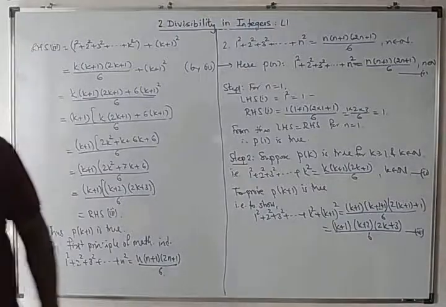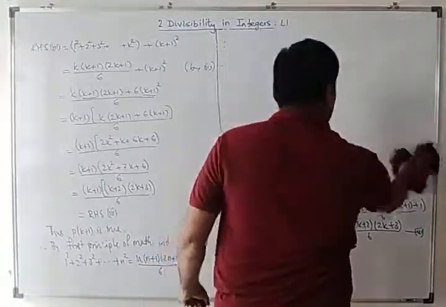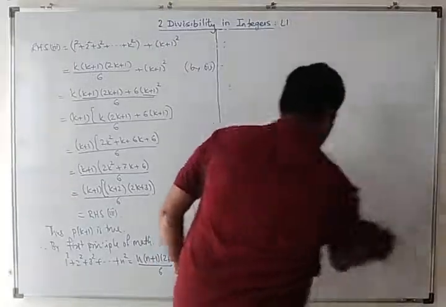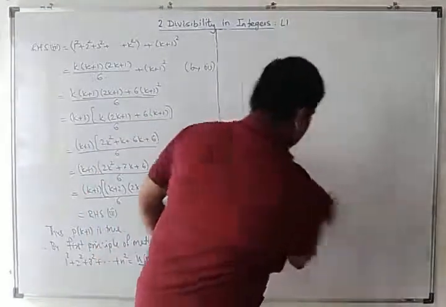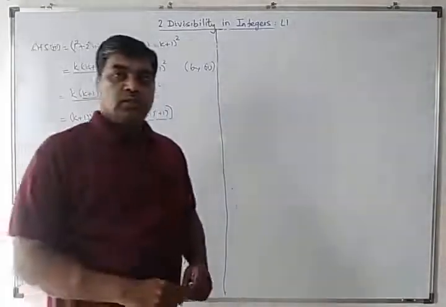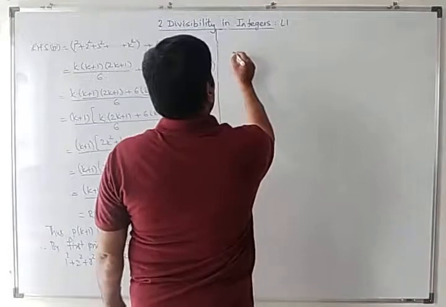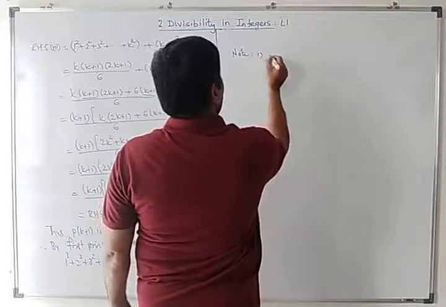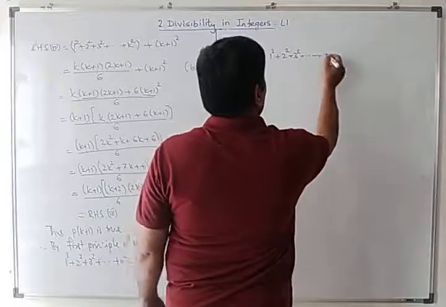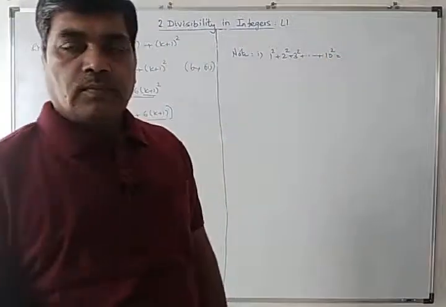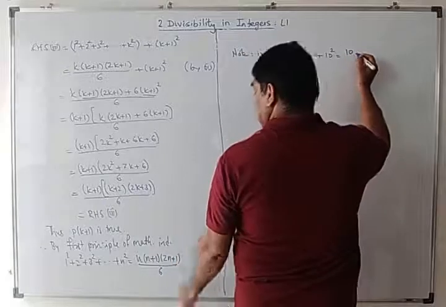Now for objective questions, if one can ask the question, what is 1 square plus 2 square plus... Because in the present situation you have to face online exams for internal assessment as well as university assessment. So I can prepare a question like this. Note: 1 square plus 2 square plus 3 square plus dot dot up to say 10 square, if I write this, and then 4 options will be given to you. What is it? That is 10 into next term 11